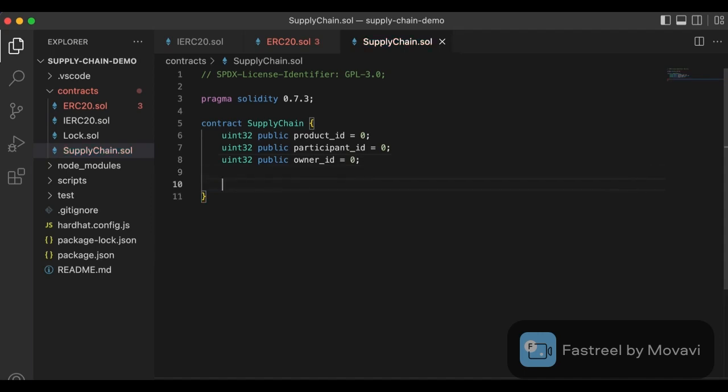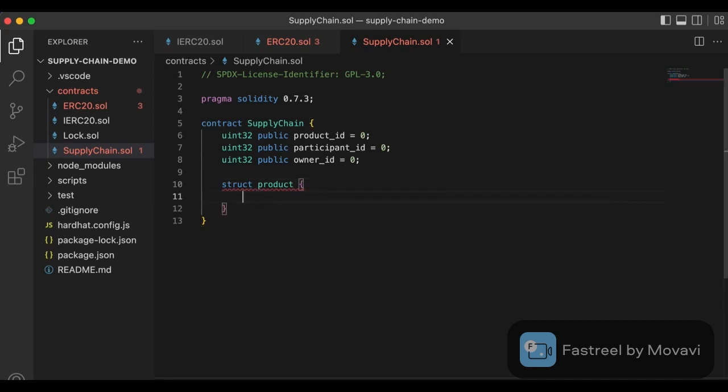The next will be to create a particular product, and for this we're going to use a dynamic data type called struct, okay, to create a product. And what struct does is that struct is a data type that can group other data types, okay, and you'll appreciate more. So we're going to create a struct called product,